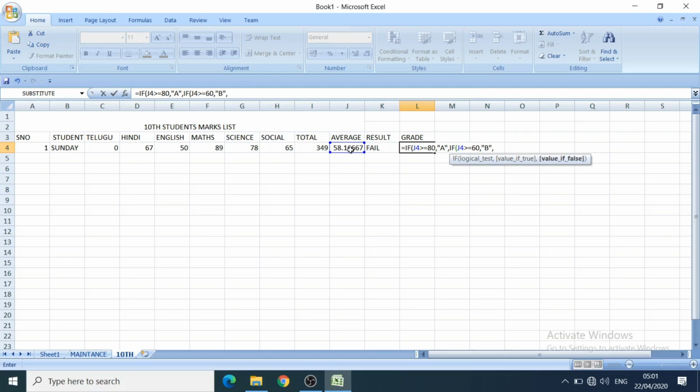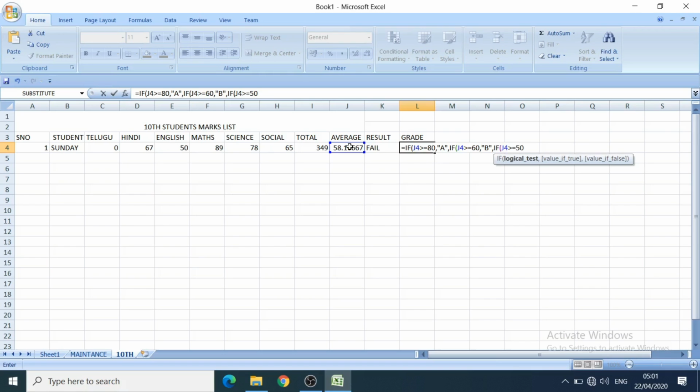If average is greater than or equal to 50%, it is C grade.